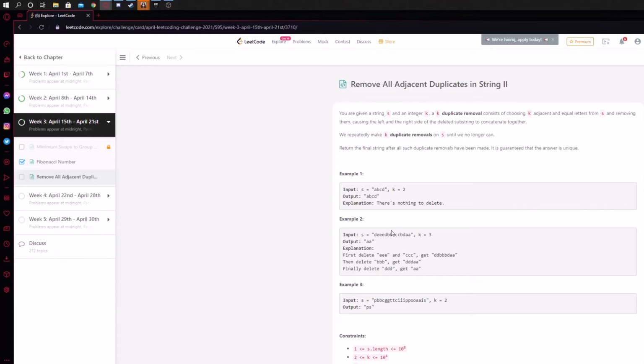A, B, C, D, nothing to delete. Okay, this one: first delete E, then C, and then A. Wait, no, you can't delete A. Oh, I see. Choosing K adjacent and equal letters. Oh, it has to be K. Okay, I see. Alright. So, in that case,